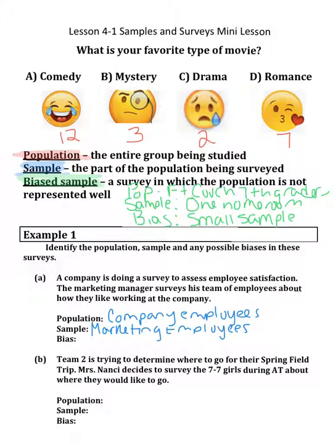The problem is because the sample is only including one section of the company, we might not get an accurate picture. For example, maybe the marketing employees all really, really like their particular boss and they like what they're doing, and so they have a very positive view. Or the opposite could be true. Maybe they don't like their manager, or they don't feel that marketing is given enough attention, and so they're actually dissatisfied. The point is, because we're only asking that one group, their opinion may differ from the other groups within the company. So I'm going to list the possible bias as